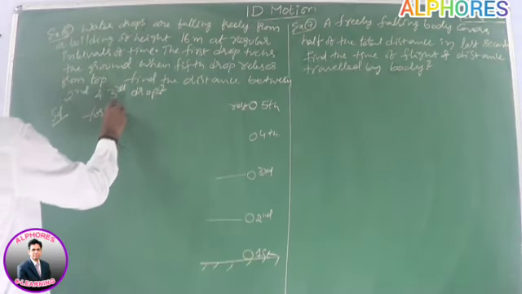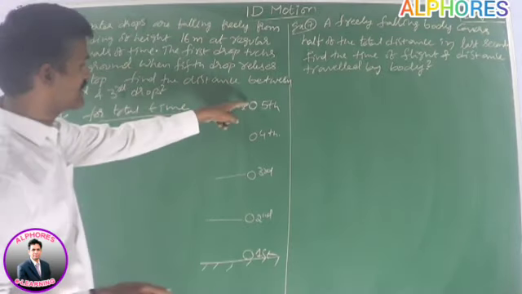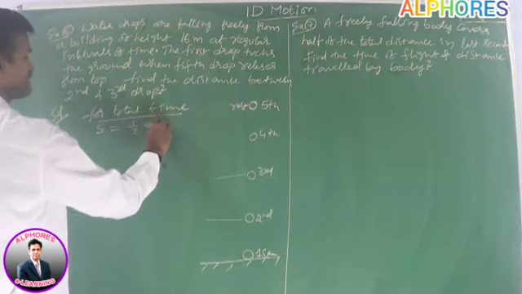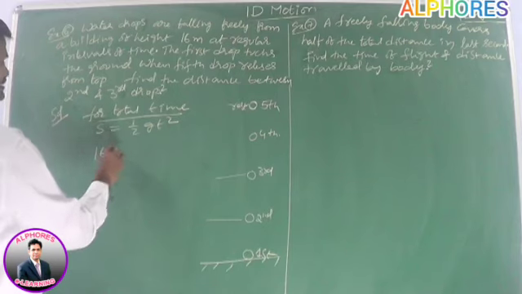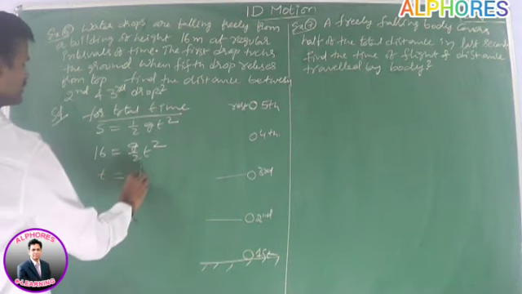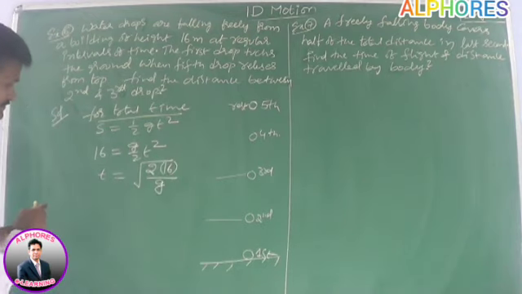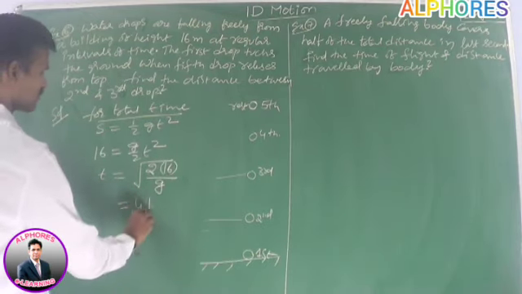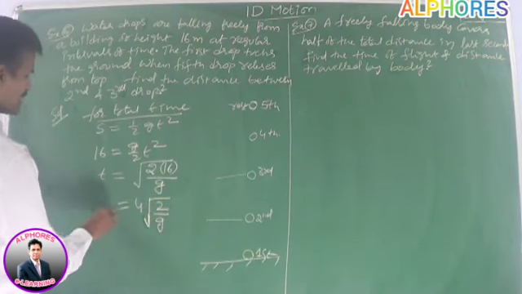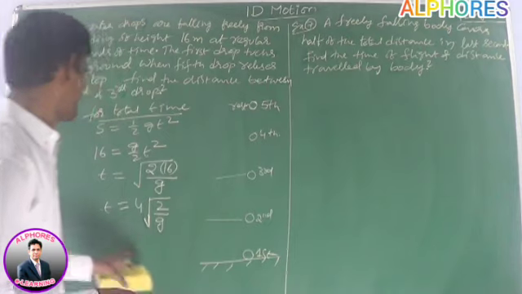For the total time, I am using: the stone is falling freely, so I am using S is equal to half g t square. This S is 16 meters. This is equal to g by 2 into t square, or you can use t is equal to under root 2 into 16 by g. Right? So from this we can calculate 4 under root 2 by g. I am not calculating this one. If you calculate, you will get some more calculations. No use of that. So first calculate your total time.